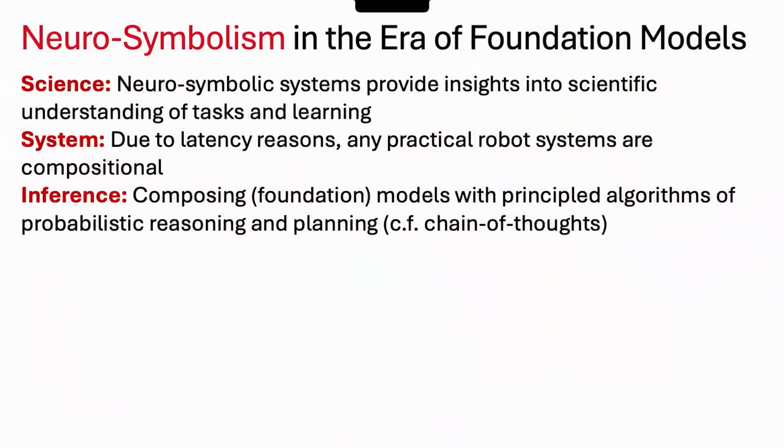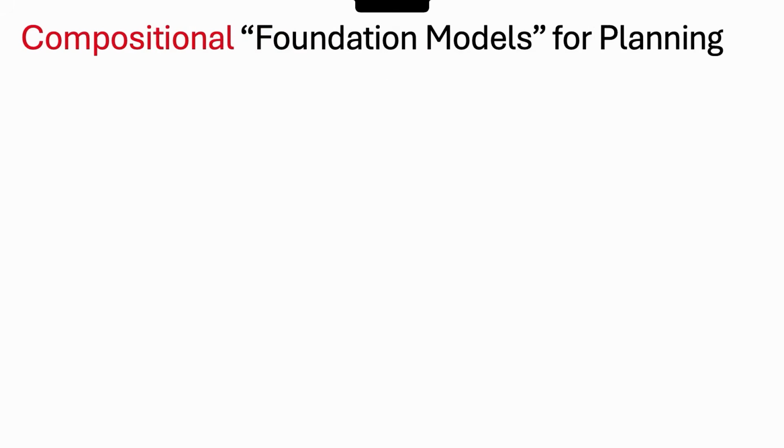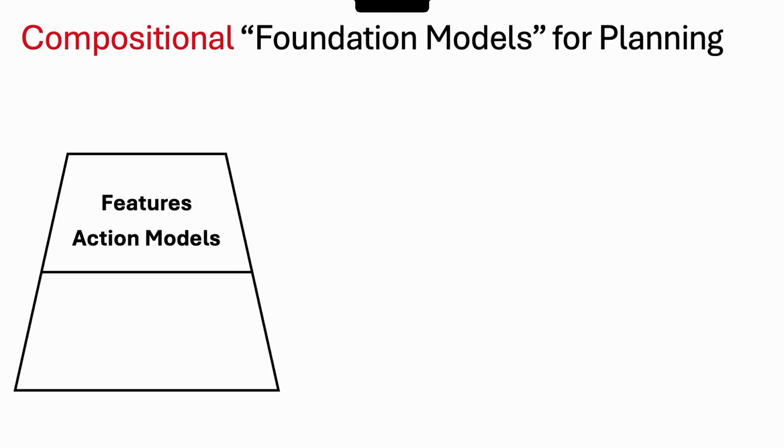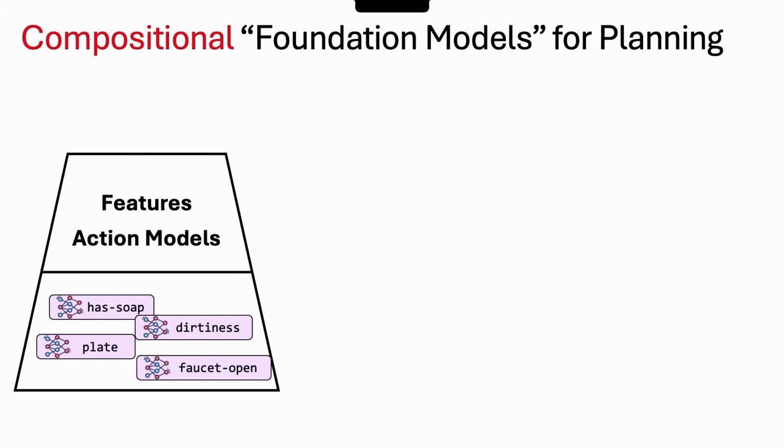Another thing is, now we have better and better foundation models for all different kinds of tasks, like better computer vision models, language models, and also action models. Now it becomes more and more important to compose different kinds of systems with principled algorithms for probabilistic reasoning or planning, compared to just a simple chain of thought. What I mean by that is, so far in this talk, you have been looking at me building, here are the features that I care about. I'm learning some action models for hanging, for grasping, for washing plates,